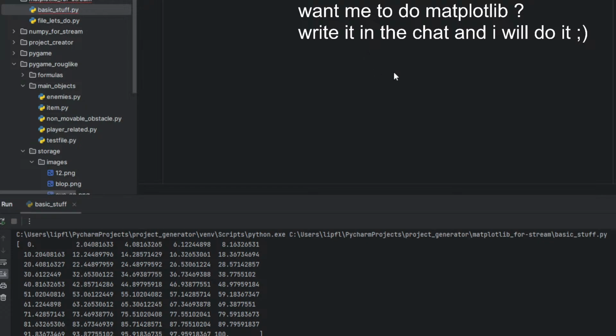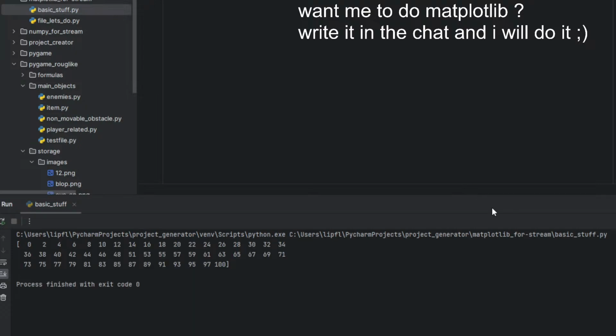Not float. Where is the integer? Why am I not able to use them? Float. I don't want float. Okay, it is completely written in lowercase, but yeah, this is pretty simple. Okay, now we have a simple array.